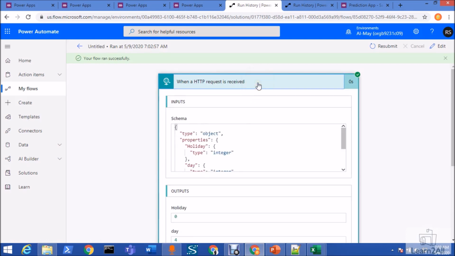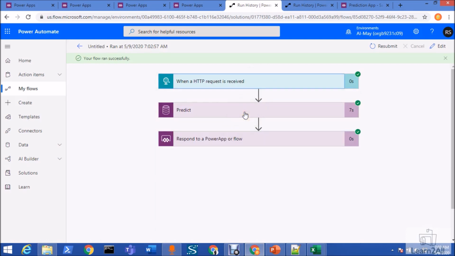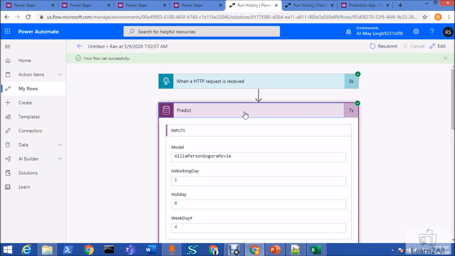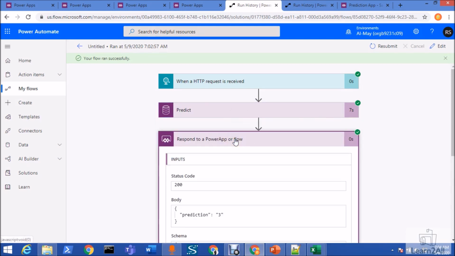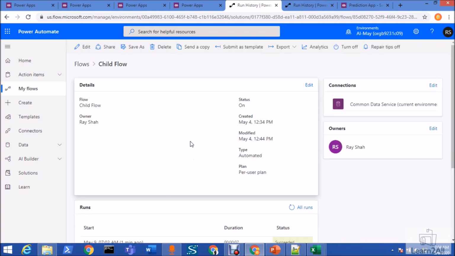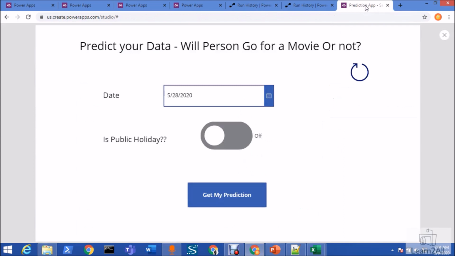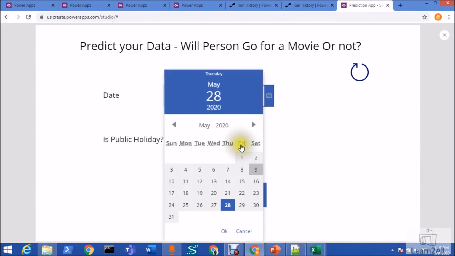Yes, it is triggered from my parent flow. This is my predict action, and this is the respond to Power Apps or flow. This is how my AI Builder model works.